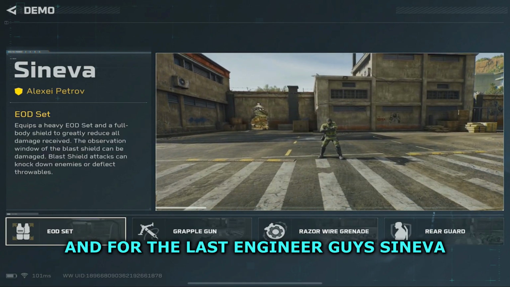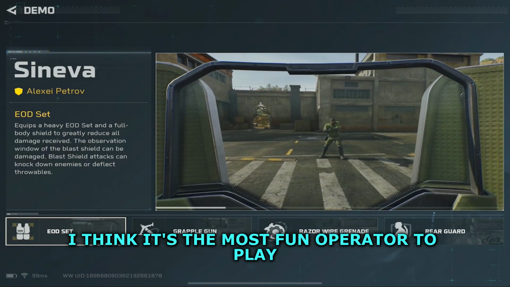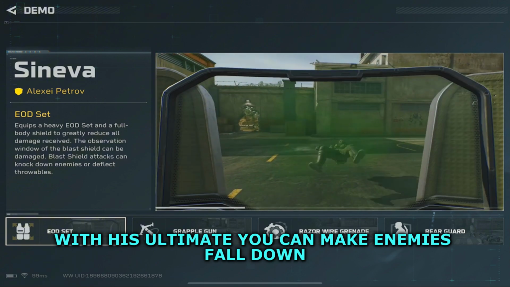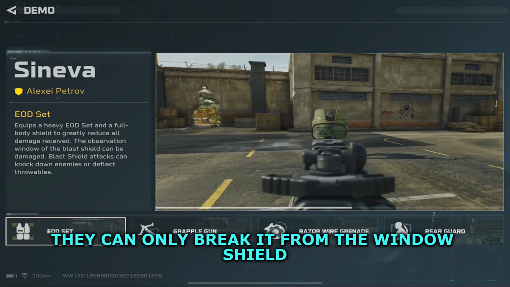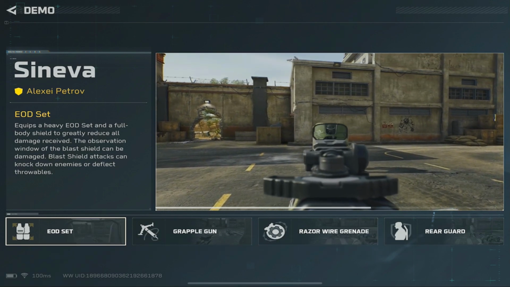And for the last engineer, Sinawa, I think is the most fun operator to play with. His ultimate, you can make enemies fall down, and you can also kill enemies after doing that a few more times. They can only break it from the window shield, that's why you have to keep moving. And